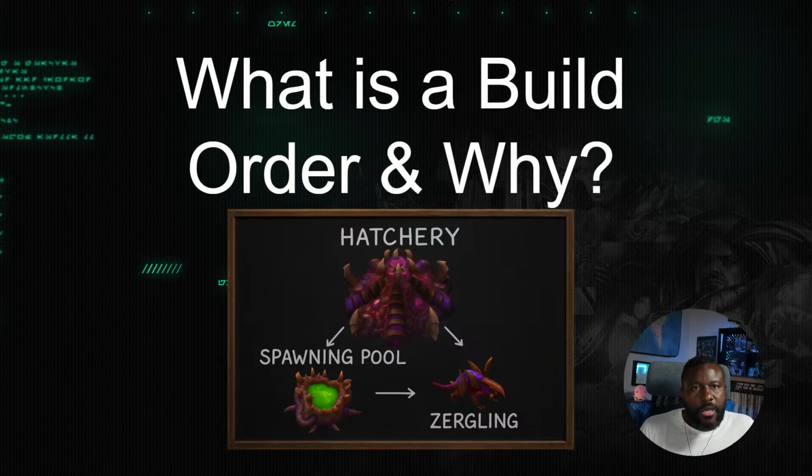To get something like a Zergling, there are prerequisites. You have to build this thing; if you have this thing, then you can build that thing, and then if you have that thing, you can build that thing. Those are also gated by whether or not you have the resources for them. And so a build order is that recipe for what you want out of the game lined up in